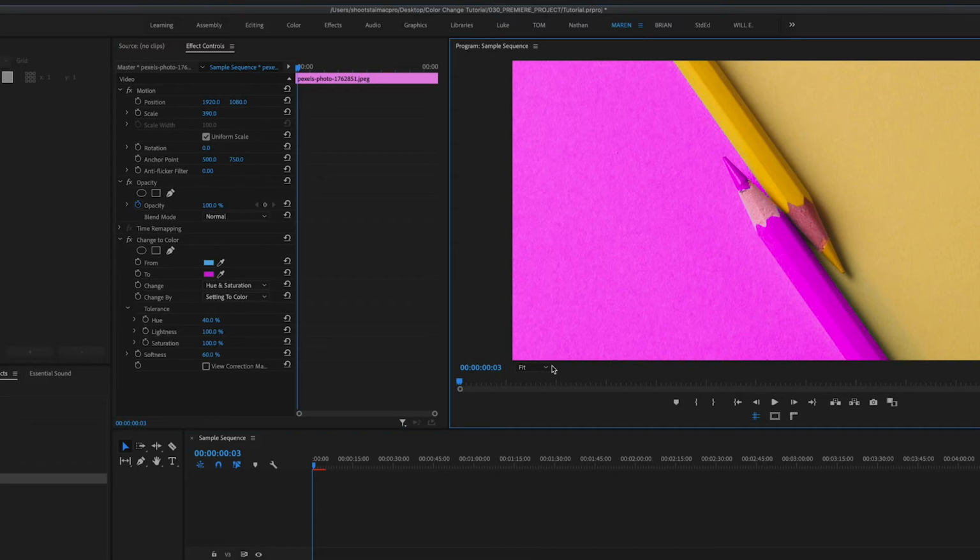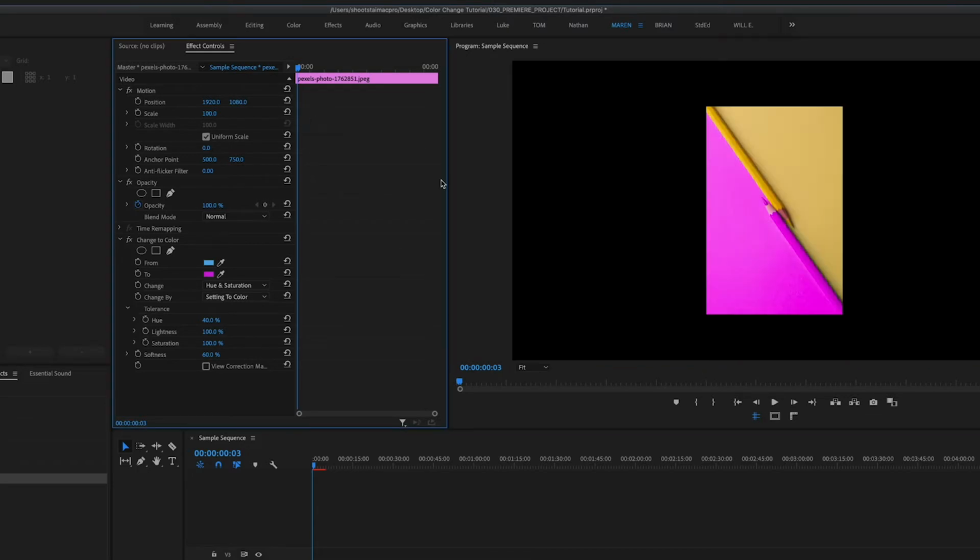Looks good. Okay, and then we'll scale this back down, and voila, I mean, look at that, almost flawless, which is pretty cool. That's a great effect if you're desperate and you need to change the color. So next,